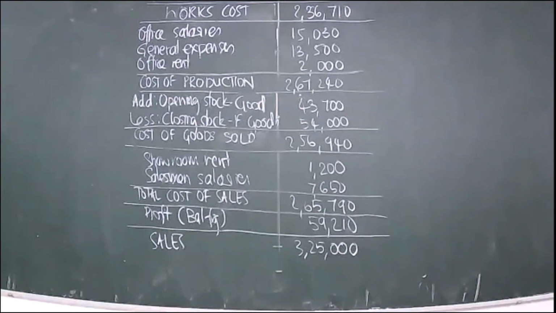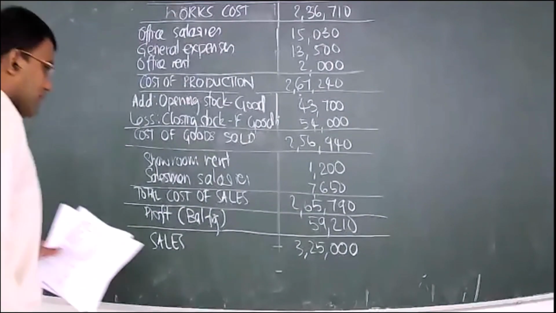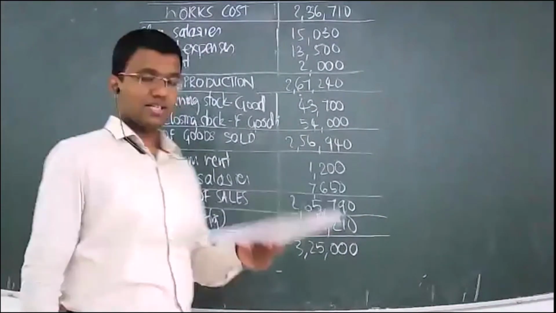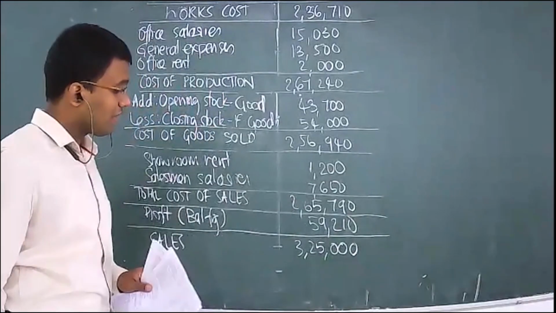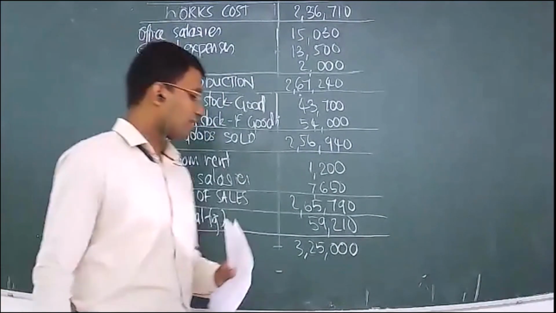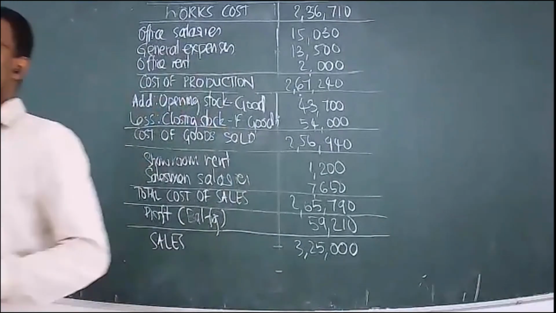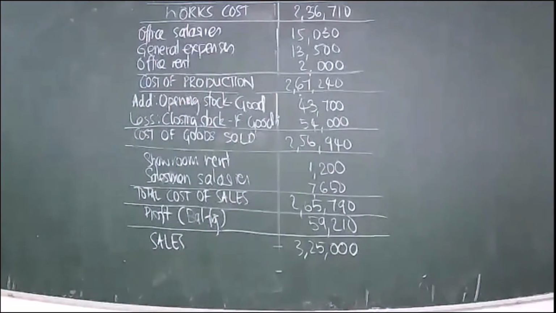So we have completed the cost sheet. We have figured out that to produce these goods, the company has a total cost of 2,65,790. If they sell at 3,25,000, they would make a profit of 59,210. So that was the cost sheet of this particular